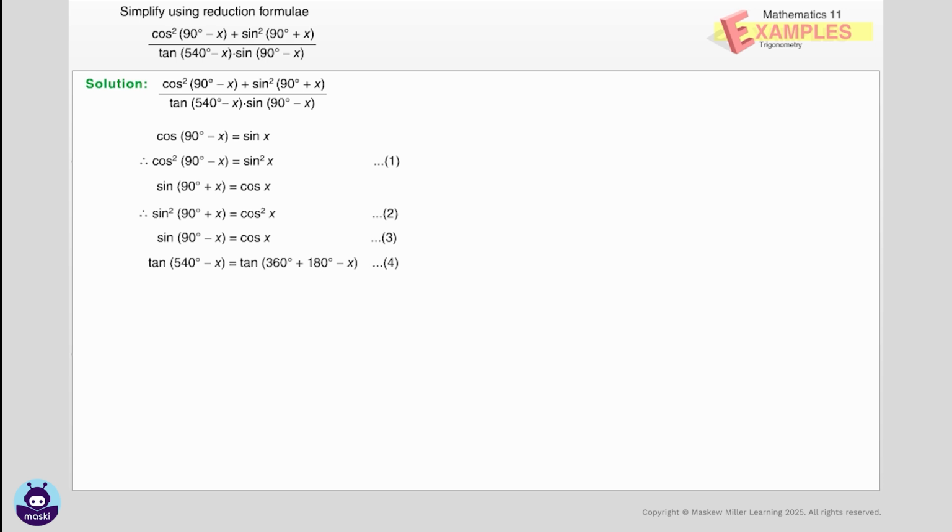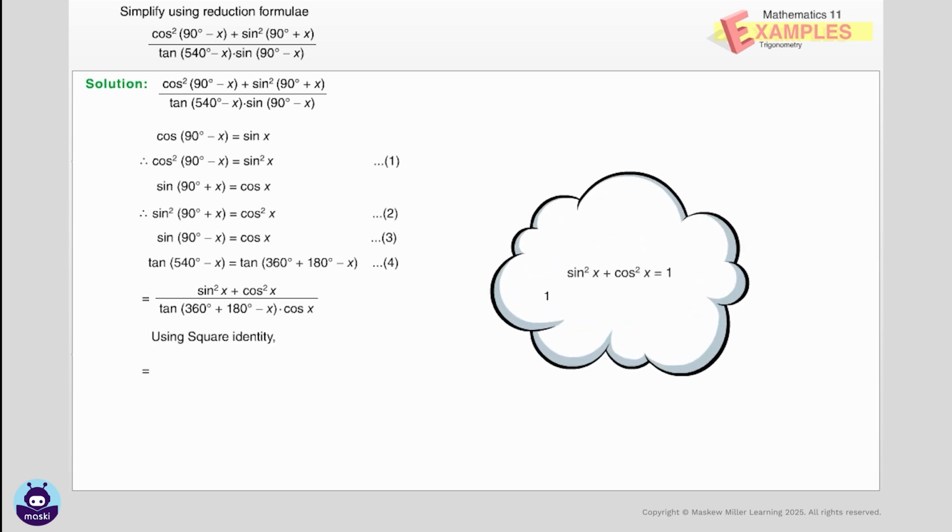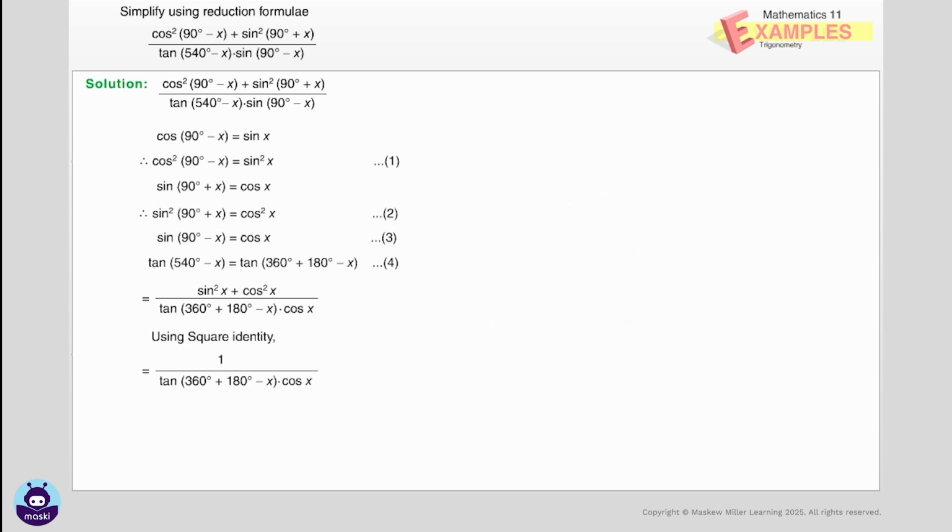Substituting the values obtained in 1, 2, 3, and 4, we get: sin² x + cos² x over tan (360° + 180° − x) times cos x. Using the square identity, this equals 1 over tan (360° + 180° − x) times cos x. Since tan (360° − θ) equals tan θ, we get 1 over tan (180° − x)